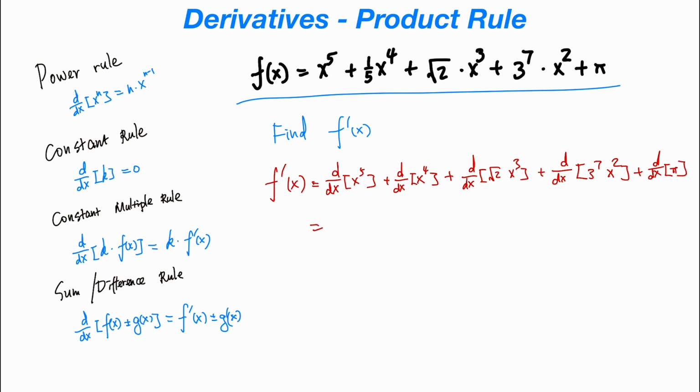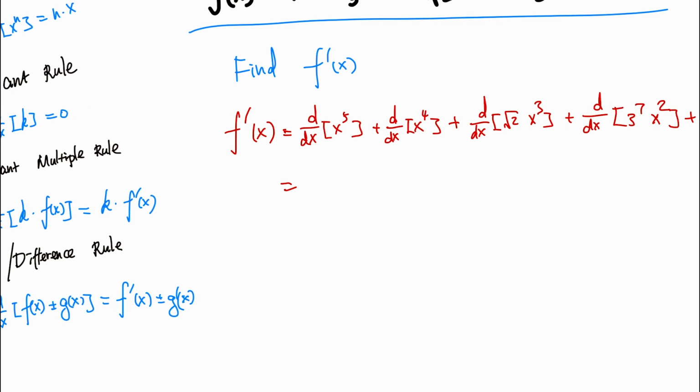And that is actually equal to, so we can use the power rule here, so that would just equal 5x fourth plus 4x cubed